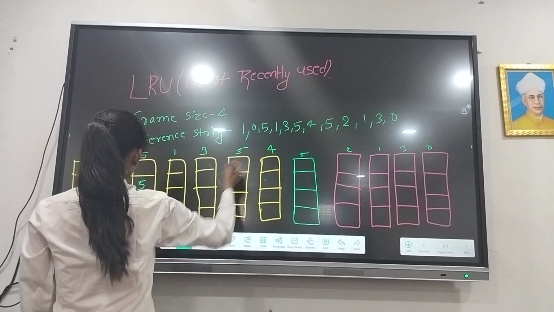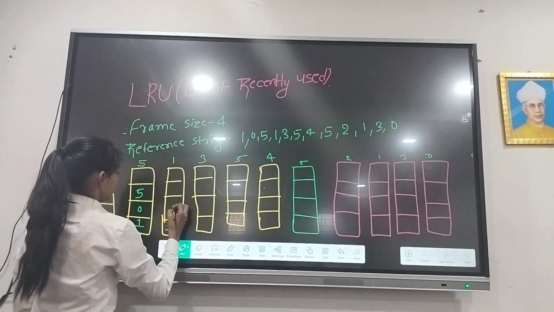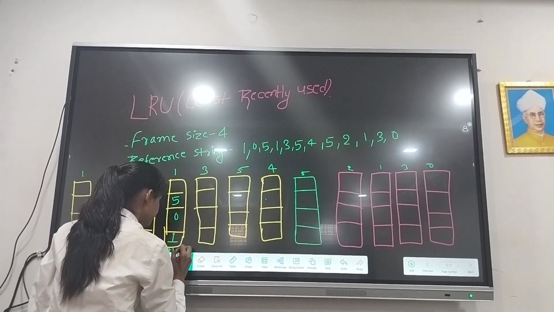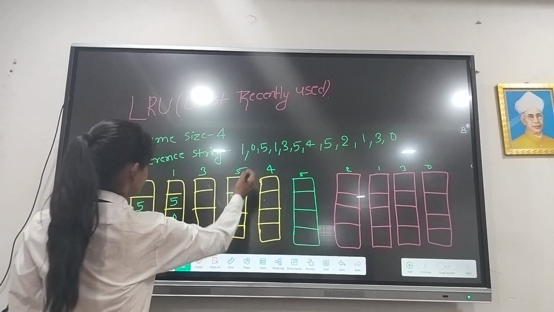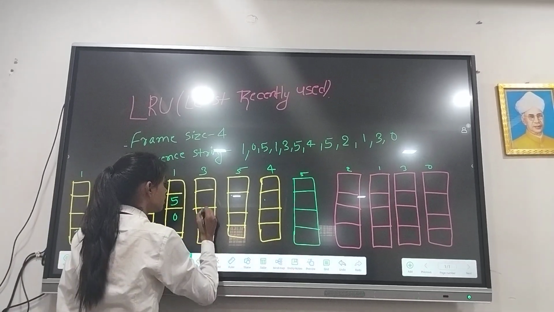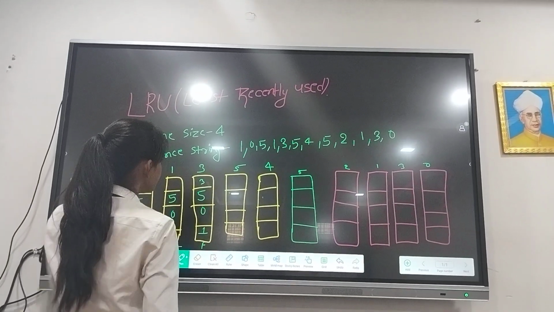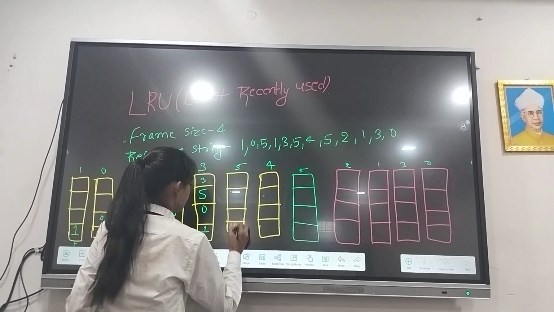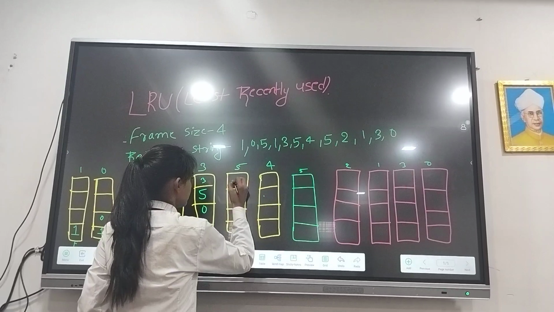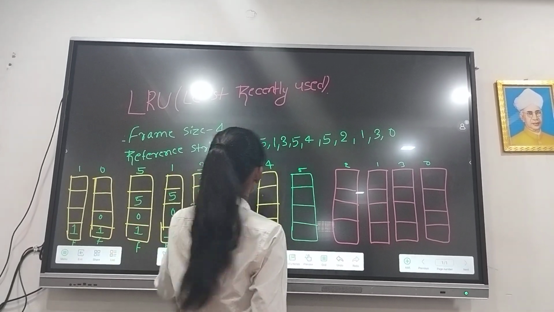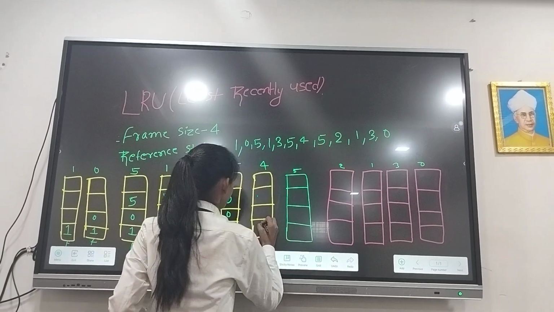Then page number 1, so it is in the frame, so there will be a page hit. Again page number 3, so it is not in the frame, so there will be a page fault. The another demand of page number 5, so it is in the frame, so there will be a page hit. And the another demand of page number 4,